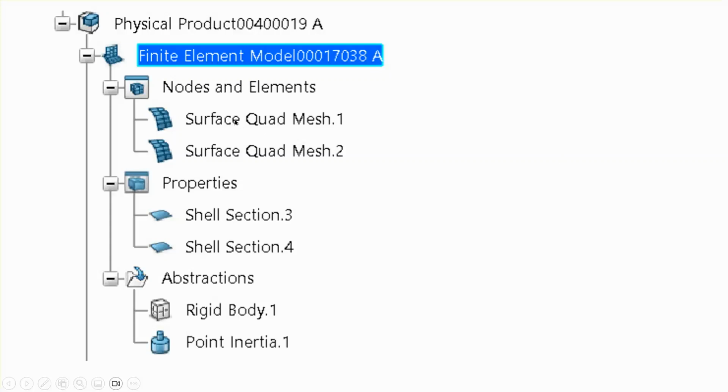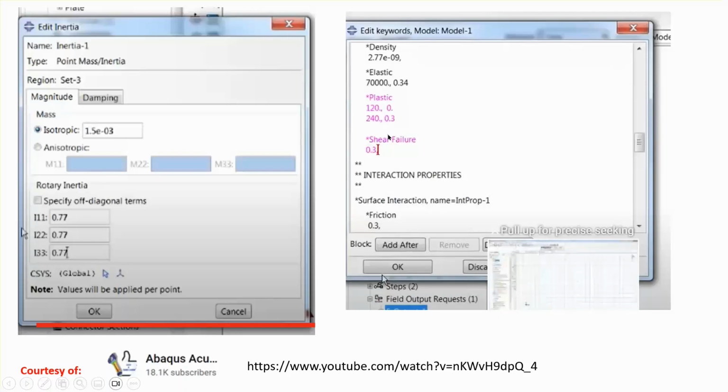This mesh is, for example, the plate. This is for the sphere. These are the properties of the plate and the sphere, and these show the fact that the sphere is actually a rigid body. Okay. Now, in the reference video that I showed you, at the time that this video was prepared by this fellow,